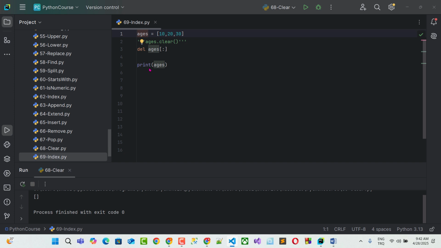Alright friends, now let's talk about the index method in Python list. With the index method, we can find the position of a specific element in a list. For example, I have a list whose name is H, and then I have the following list: 10, 20 and